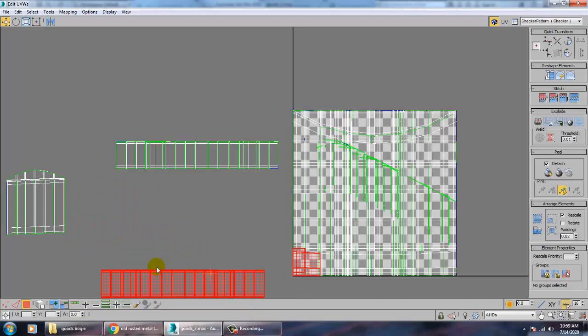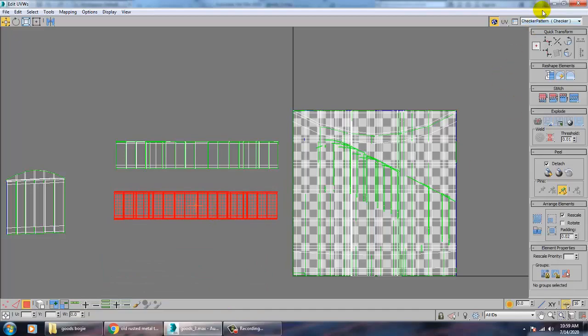This is on one side, this is on the other side. We will just keep this till here.